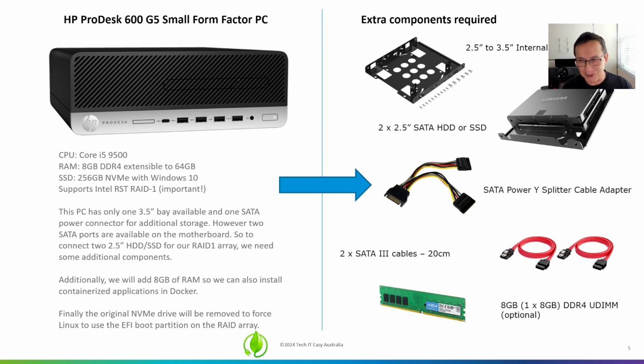If we want to plug two drives in this, we need some additional hardware that you can buy from Amazon. It's very cheap. So you need a mounting kit for your two drives. This is the one. Then you need two drives, obviously,